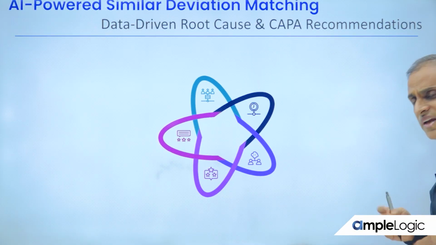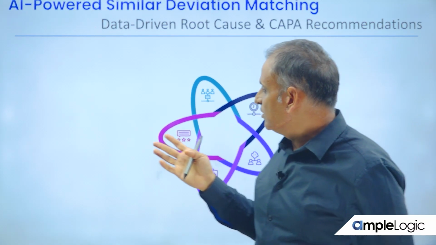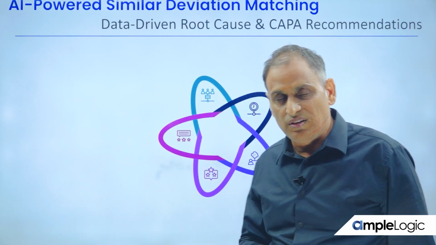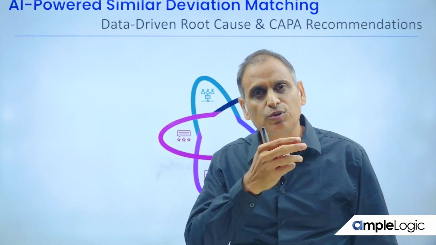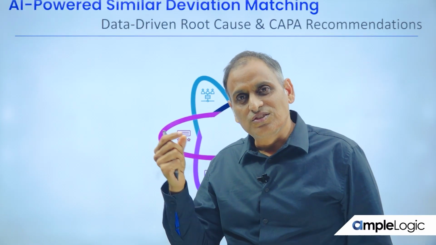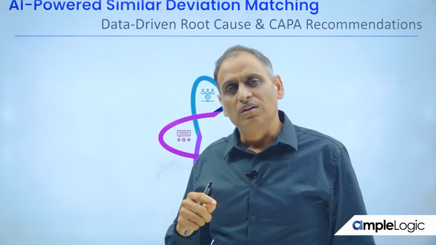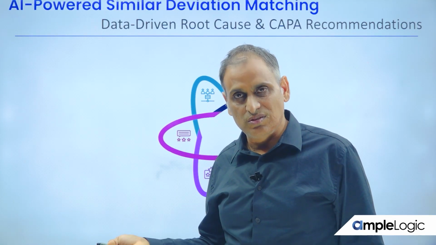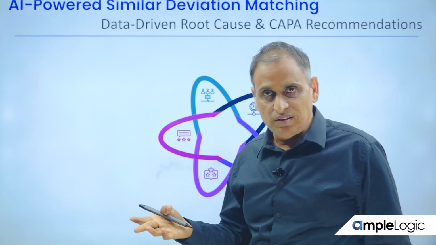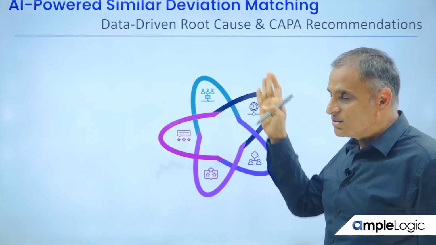So the next one which we have done is something like deviations, because today in most of these QMS systems, whenever you are entering a deviation, there is a checkpoint which you are going to do: is there any similar deviation? Now manually the user is selecting which is a similar deviation, so that he is linking this deviation with a similar deviation, right? So this is a little bit more advanced than this,